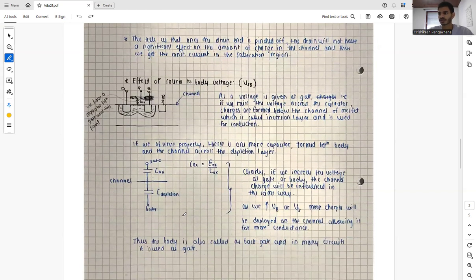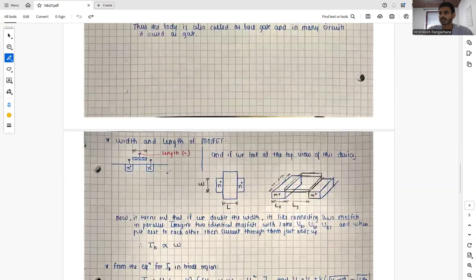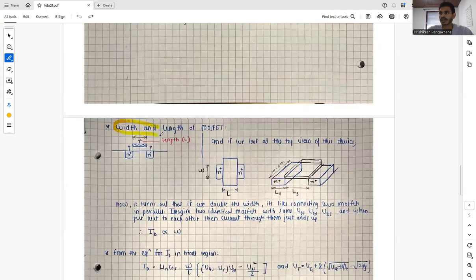And thus the body is also called the back gate, and in many circuits it is used as a gate as well. So now we will look at the width and the length of the MOSFET. So basically, if we see